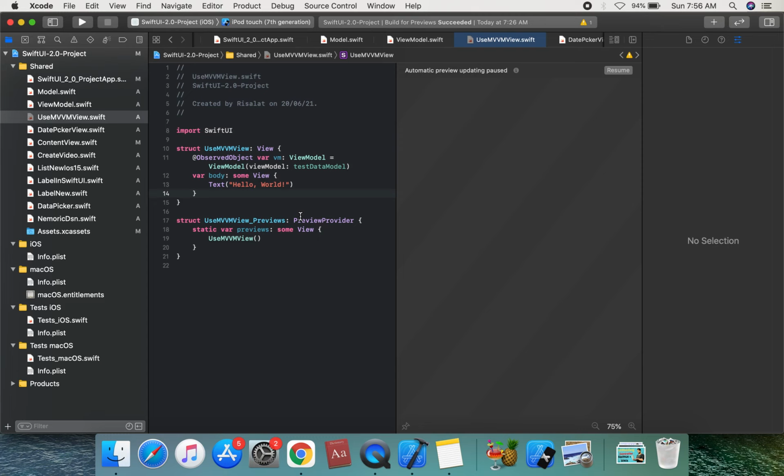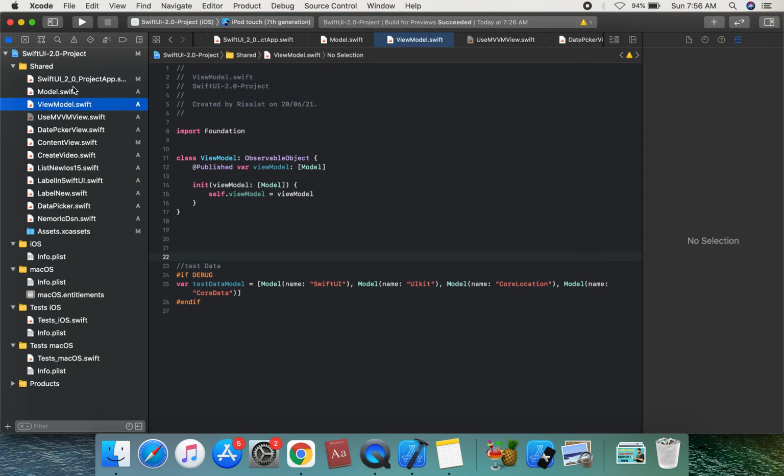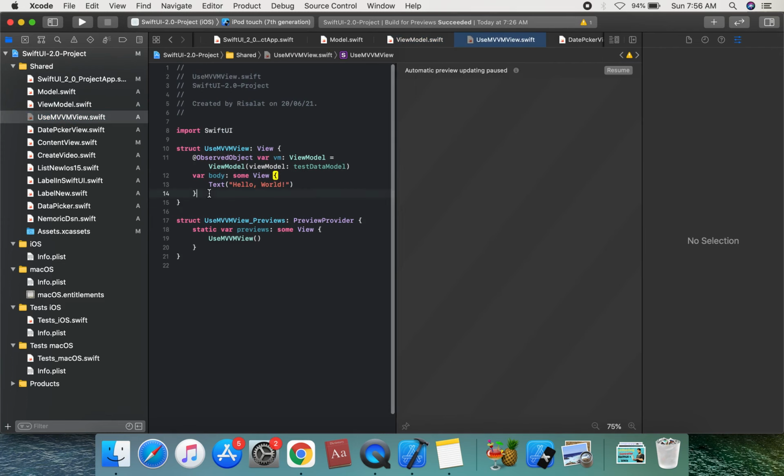Delegate, target-action, responder chain, and KVO, the entire old callback technique, have been replaced with closures and bindings. This is the binding concept of ObservableObject and @Published.